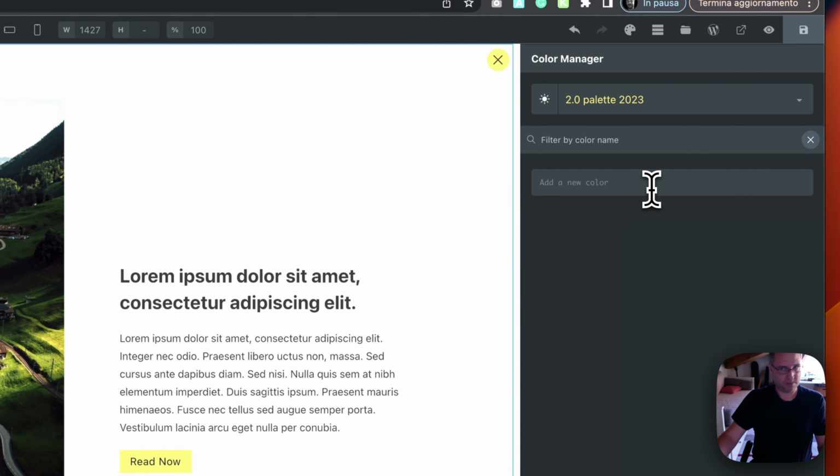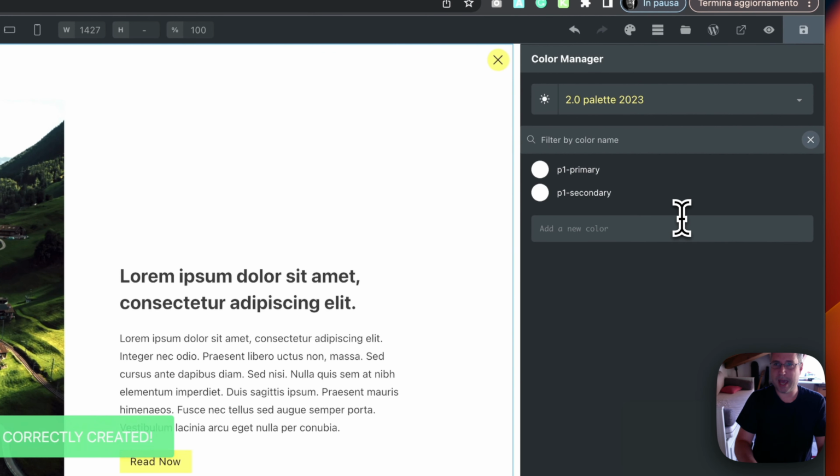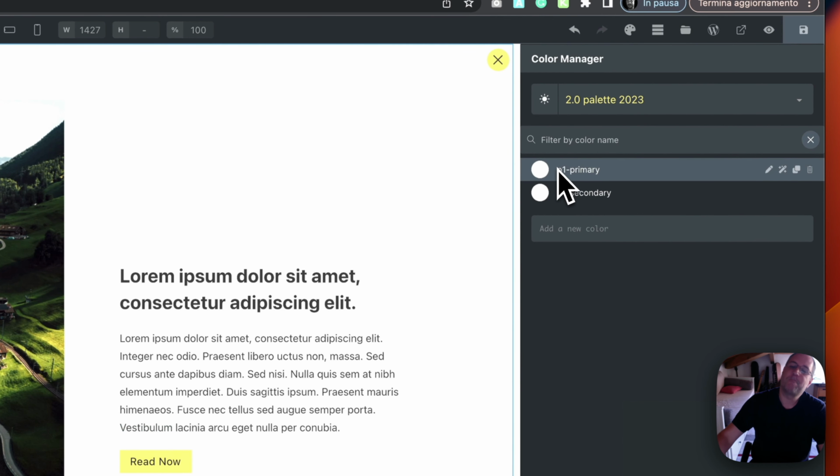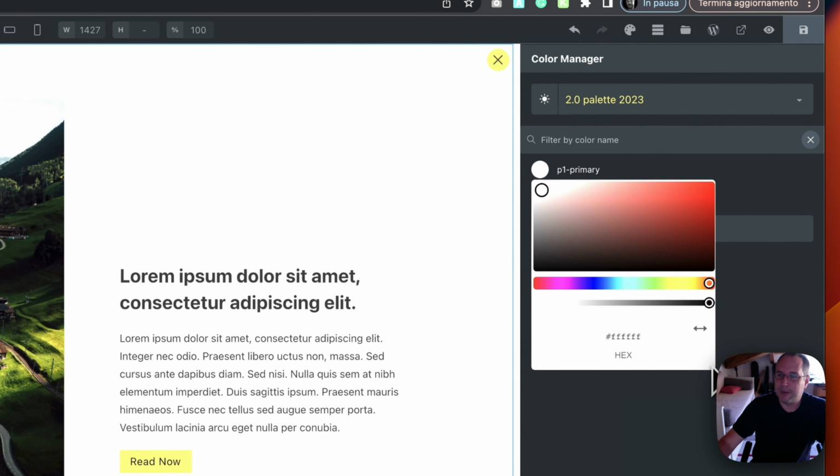For now, let's create a couple of colors. So let's say, what can I say? P1 primary. Okay, enter. Sorry, P1 secondary. Okay, enter, and both colors have been created. They are now white as default, but I can change that. Just click on the white circle, and it will open a new